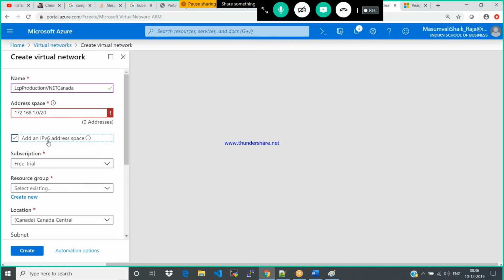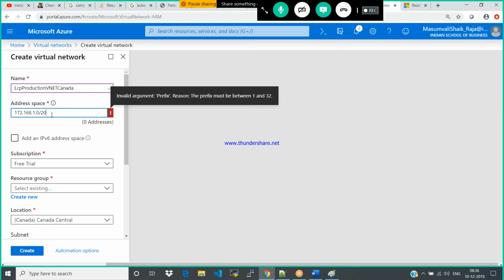That is the maximum, right? Am I right or wrong? So if you give /20, that generates 4096 IP addresses. That only has the feasibility to create 256 IP addresses, but you are asking to create 4096. That could be the reason.